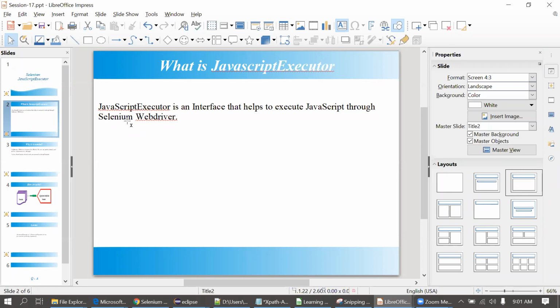Suppose if you want to hit a URL, we can do it using driver.get. Similarly, there are a few methods in the JavaScript executor; we can directly hit that method and get the URL populated in the URL box. It simply uses JavaScript.